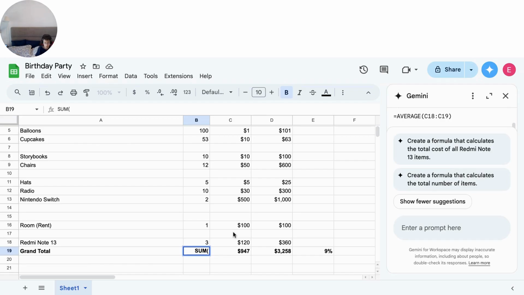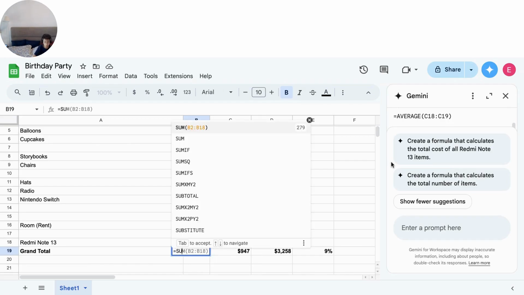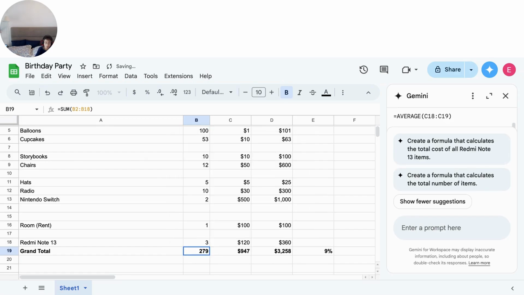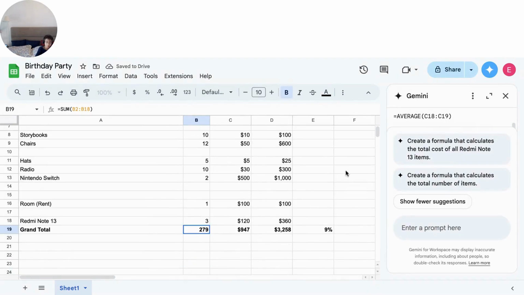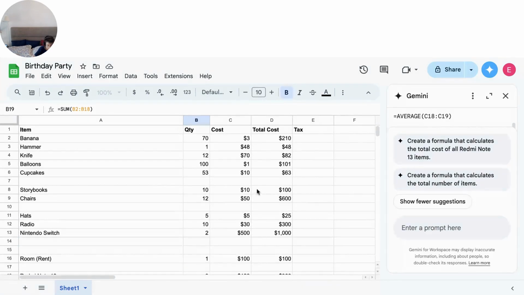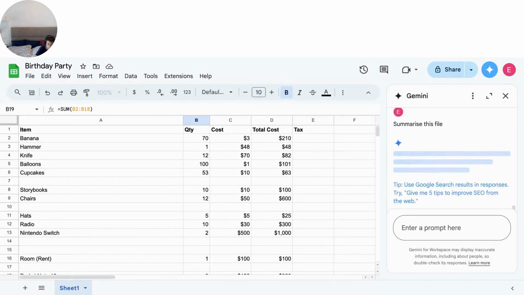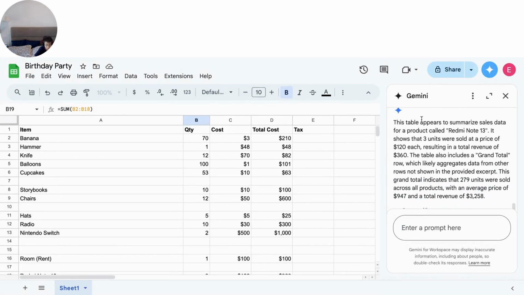So then we try this, we can do the sum. So equal to sum. And see, AI algorithm again, it works. So then, yeah, these are the different costs, and of course I put tax here. And let's just say this is 9% tax. So then equals to the sum of D2 to D18. Okay, alright, sum. Then also times, yes, do that. Okay, so in our times formula, we also want to say times